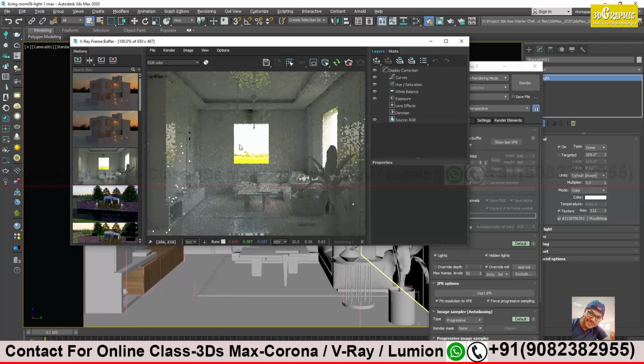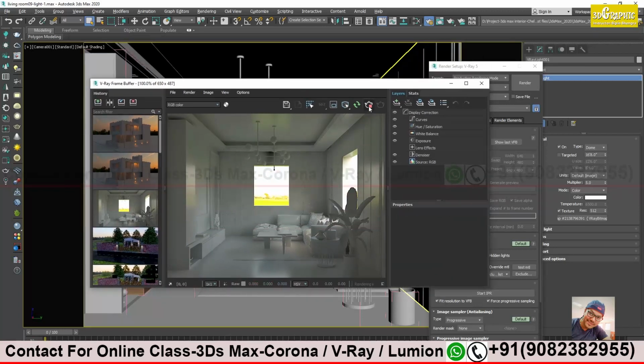Correct. But in your case, this is not visible. I don't know why it is not visible. Maybe I have to rotate a bit, I think. Yes, try to do that. And see, in my case, whenever you render, just stop and pause for a minute and see what is missing over there.